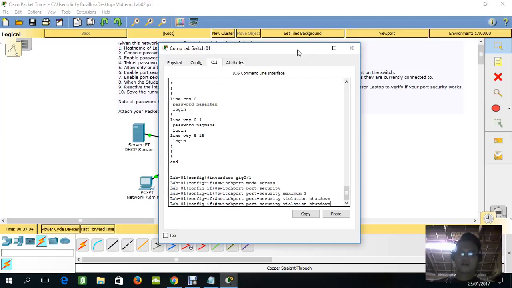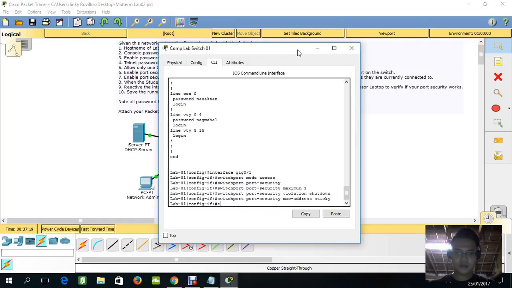And then MAC address sticky: switchport port-security mac-address sticky, and then exit.